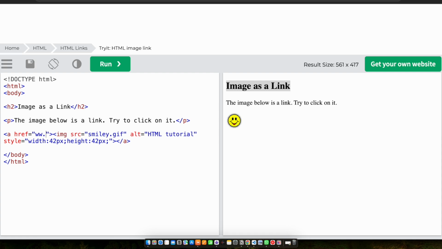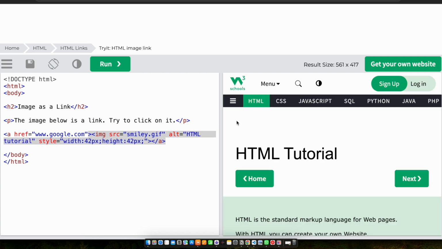Now, for example, if I write www.google.com, so the href, the link is this, and I'll add the image source. We have already discussed it in the HTML image lecture. Now it will be used. It will take me to,